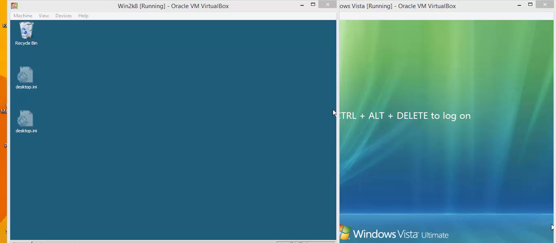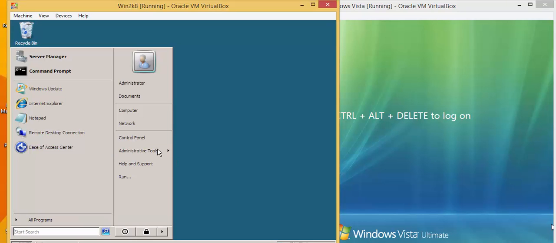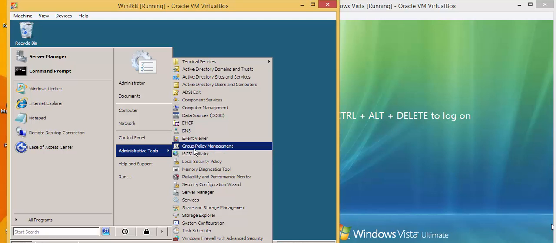Hi, good night. What we're going to do today, first we are going to do a GPO, and once that is completed, we are going to then create a roaming profile. To create a GPO, you want to go to Start on your server PC, Administrative Tools, and click Group Policy